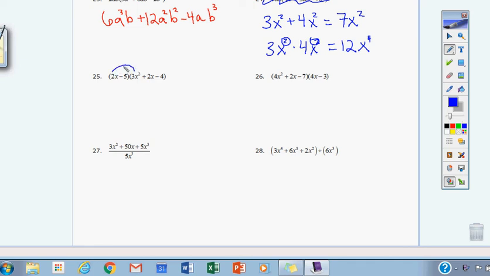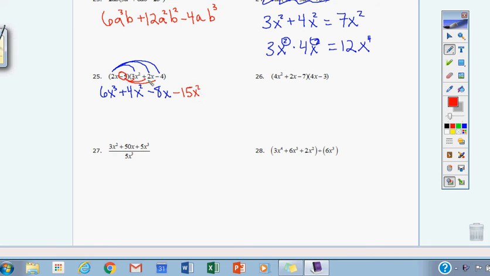So we go once and twice and 3 times. 2x times 3x squared is 6x cubed. 2x times 2x, positive 4x squared. And then 2x times negative 4, make sure you get the negative, is negative 8x. And then this is a great problem to make sure you're, again, bringing through the negative 5 to everything, not just the 5. So that would be negative 15x